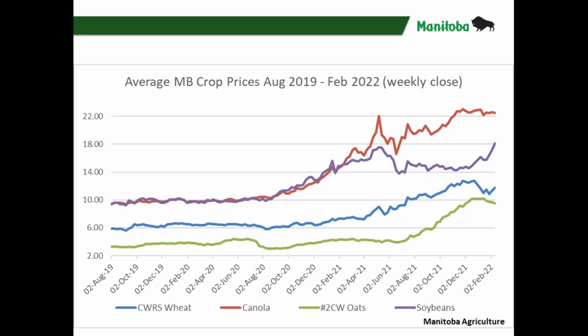Well, all that's been thrown out the window now. We've had wild fluctuations on yield, wild fluctuations on pricing, and now wild fluctuations on cost of inputs in terms of costing. So this has really caused us to need to step up our game